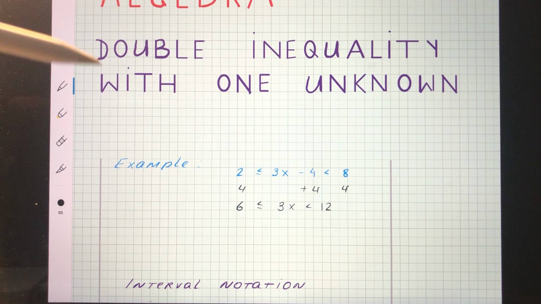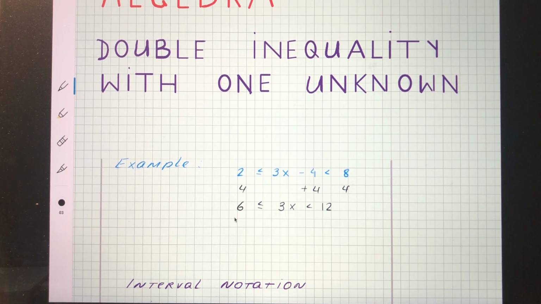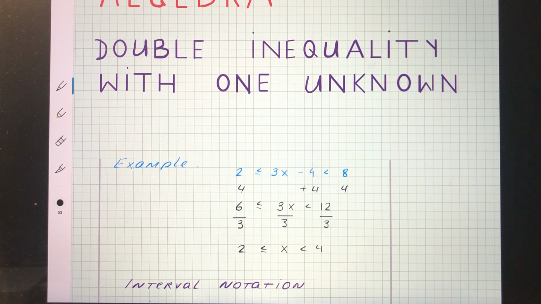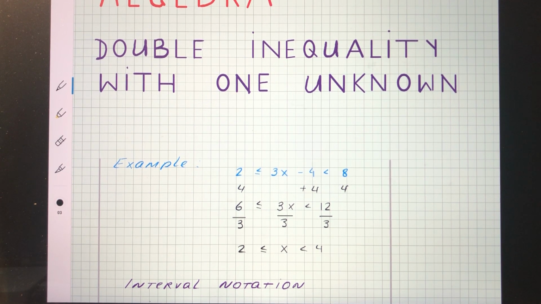Now the only other thing to do is to cancel multiplication by 3. So we divide all the sides by 3 and that makes 2 less than or equal to x less than 4. Now this is the answer, but we need to write it either in interval notation or in set builder